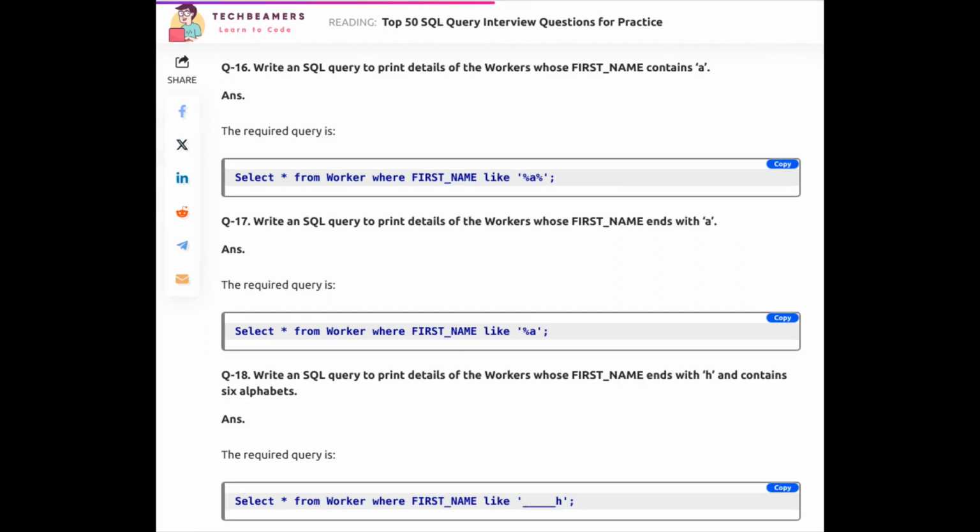Exercise 16. Write an SQL query to print details of the workers whose first name contains A. Exercise 17. Write an SQL query to print details of the workers whose first name ends with A. Exercise 18. Write an SQL query to print details of the workers whose first name ends with H and contains